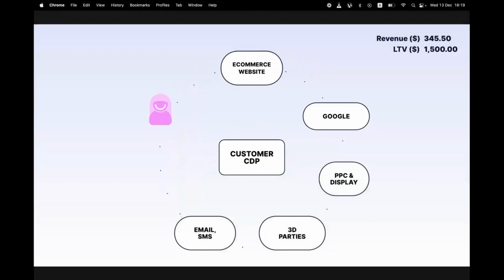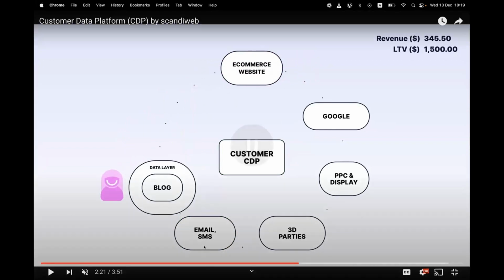So what else can we do? Let's see where Alice is traveling now. To the blog. Yeah, the blog is another web-based application, or can live in your app, doesn't matter, but it also has a data layer, and good customer CDPs that scandiweb is building and integrating can actually help you personalize in real time. So whenever the data layer tells, hey, Alice is here, that's how it happens. Almost in real time.